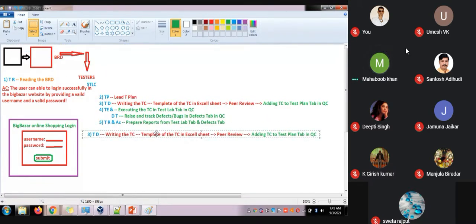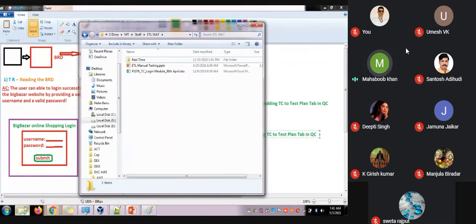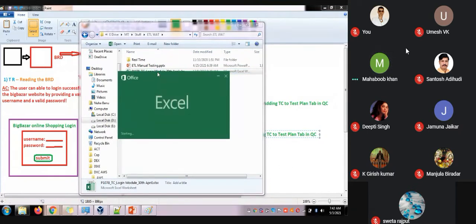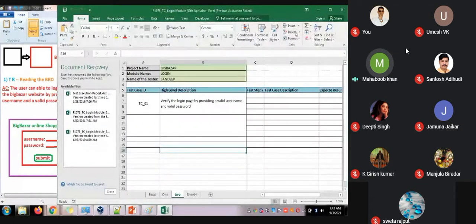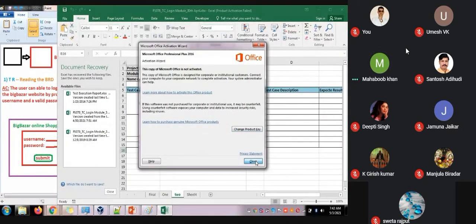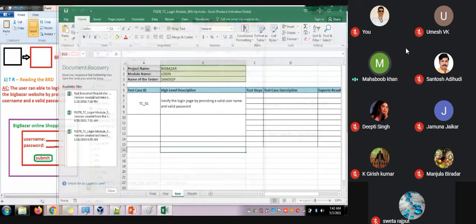Try to understand first what are the things that you need to do here. You need to write the test case. For writing test cases, you should have a template for the test cases, correct? You need to create a skeleton of the test cases. Let me open the skeleton. Imagine this is the skeleton which I showed you. Whatever you are writing here, the skeleton should start like this.